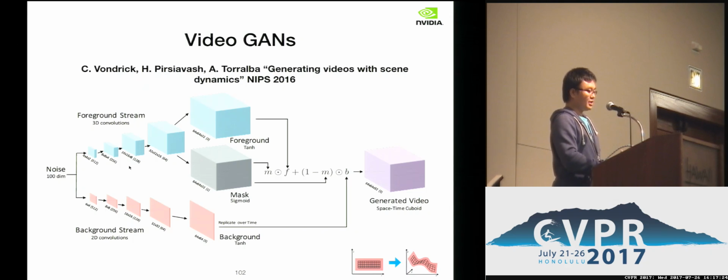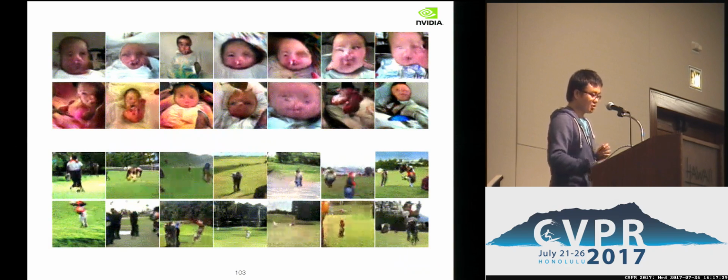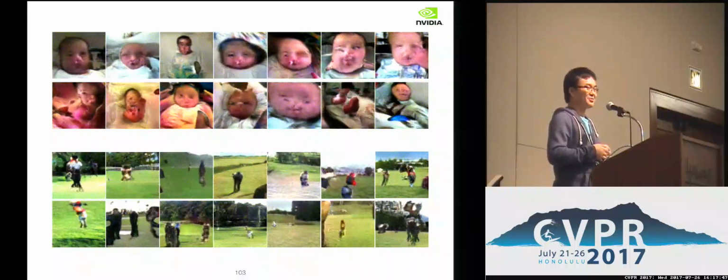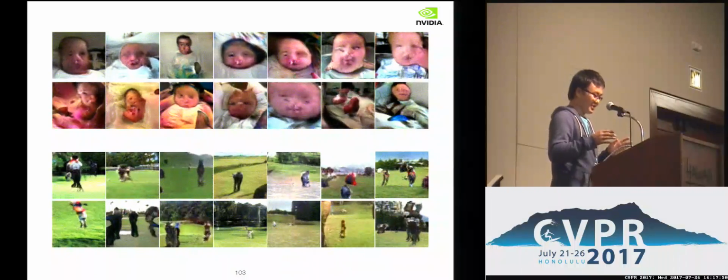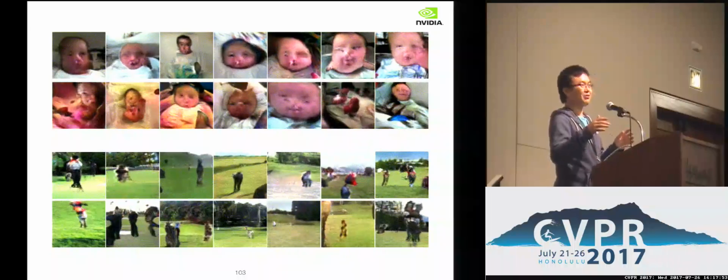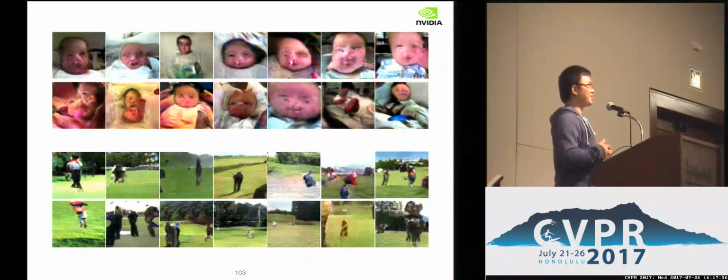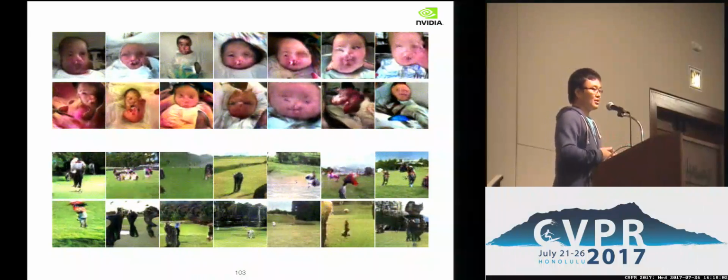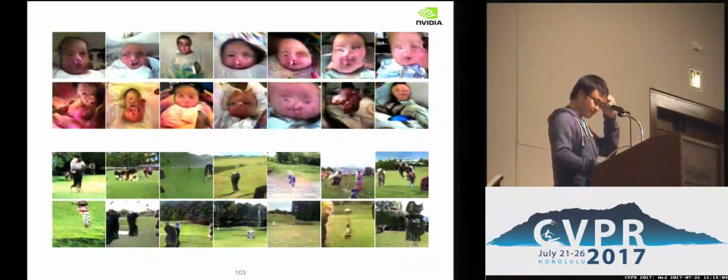So in this formulation, each point in the latent space is a video clip. I just want to emphasize that here. And they are mapped to a spatial temporal volume. So this is the result they get. It's some reasonable stuff, but still, I think it's safe to say it's far away from the real videos that we observe in real life. But it's a very important first step. It's possible to extend the GAN structure to render videos.